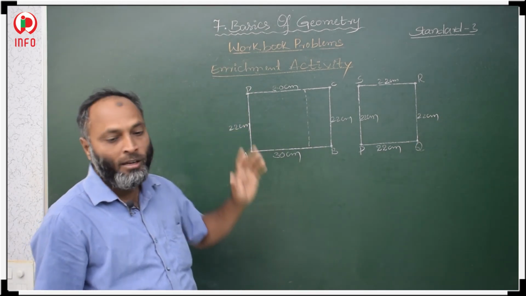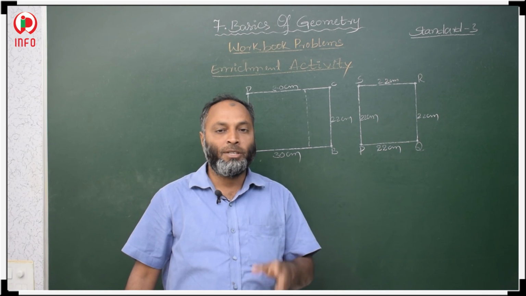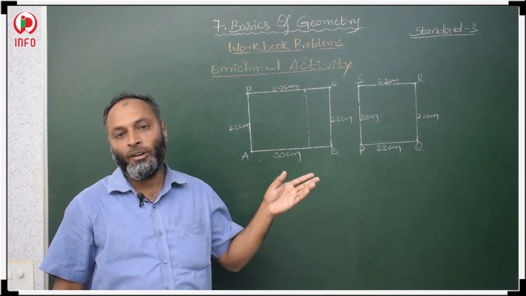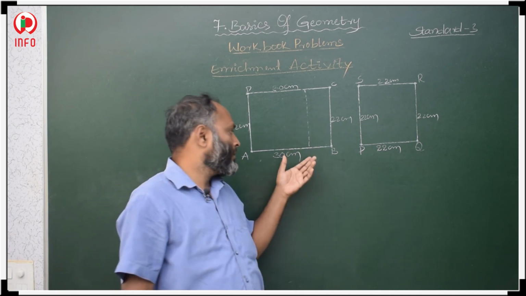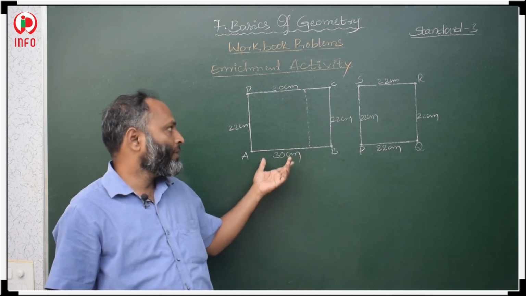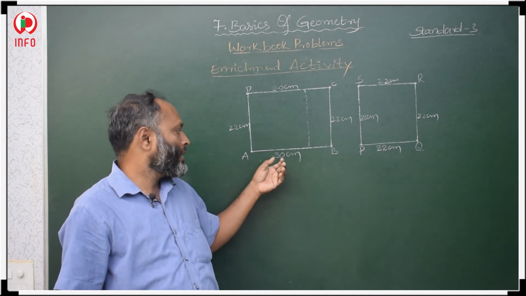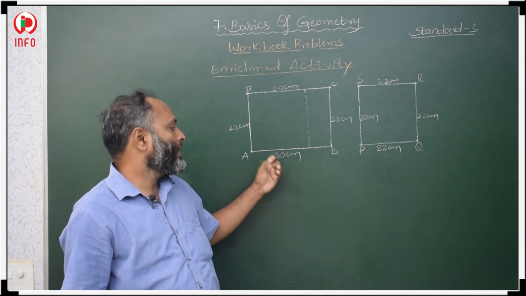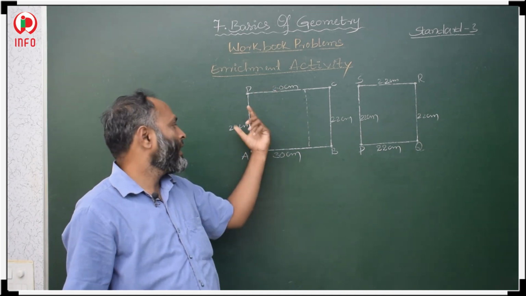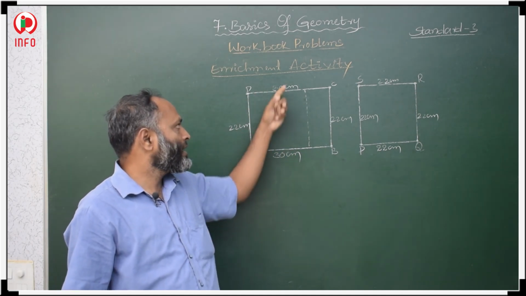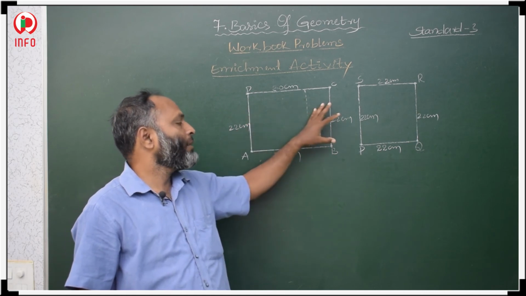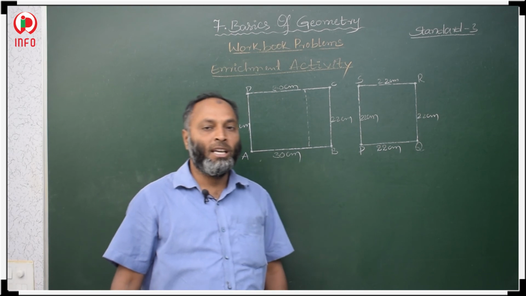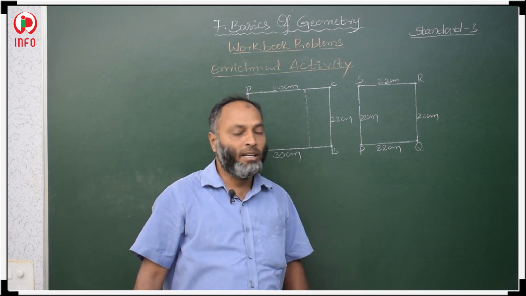We took an A4 size paper and measured all four sides' lengths. It is a rectangular shape. How do we know that it is a rectangle? By measuring the sides of the A4 size paper, we get opposite sides equal: AB and CD are equal, and AD and BC are equal. If opposite sides are equal, then it is a rectangle.